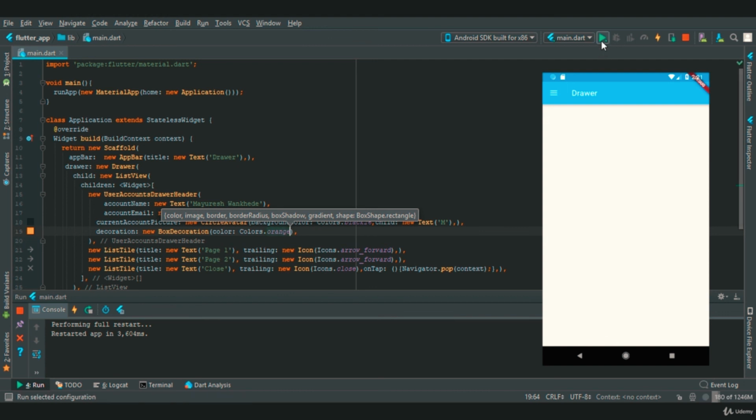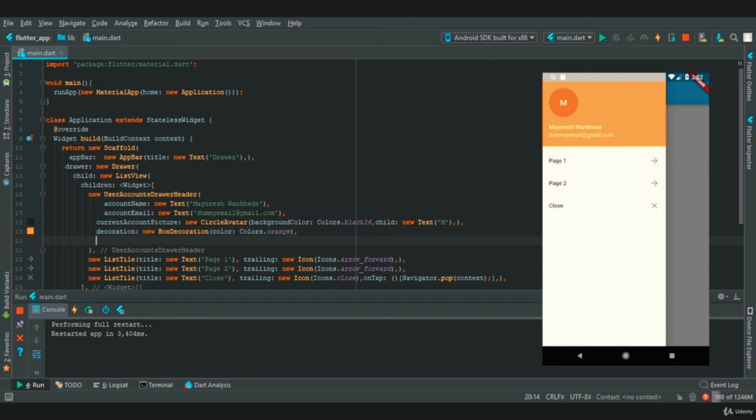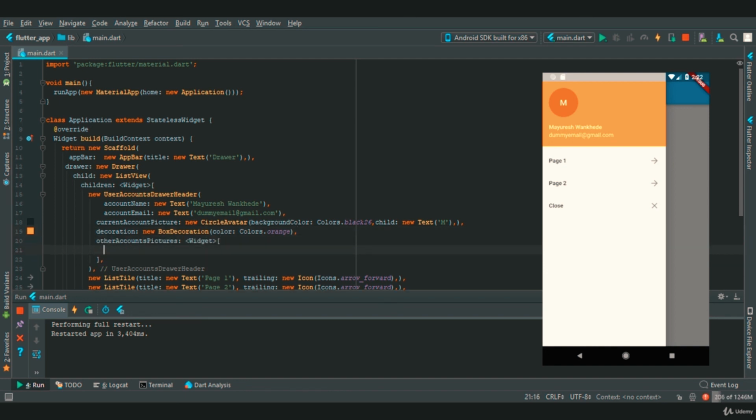Now let's start our app. Now if we press on the drawer icon, you can see that we have added a header which consists of a circle avatar, and there is my name and my email, and you can also add other accounts here by a property called other accounts pictures, which takes a widget. So in this we will add a CircleAvatar.